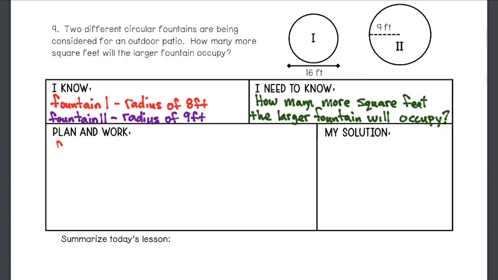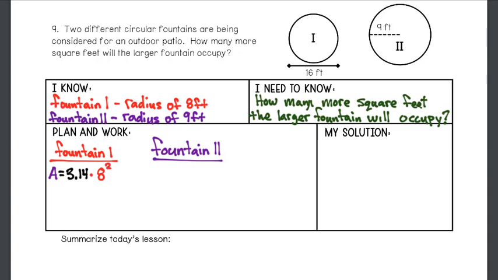So going through my work, I'm going to do the area formula for fountain 1 and for fountain 2. In that area formula, I have 3.14 times 8 squared. So the radius was 8. I replaced radius with 8. When I multiply that through, I get area equals 200.96 feet squared. I then go to fountain number 2 and do that exact same thing. Area equals 3.14 times 9 squared. I multiply that through, and I get area equals